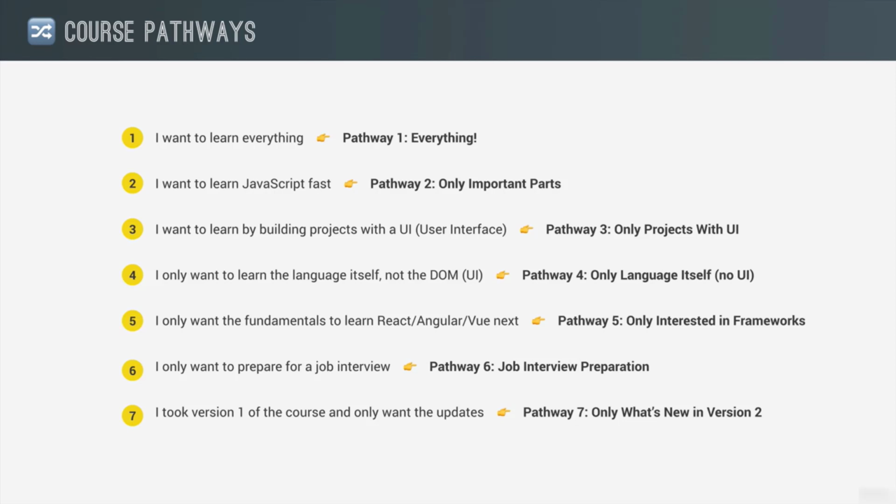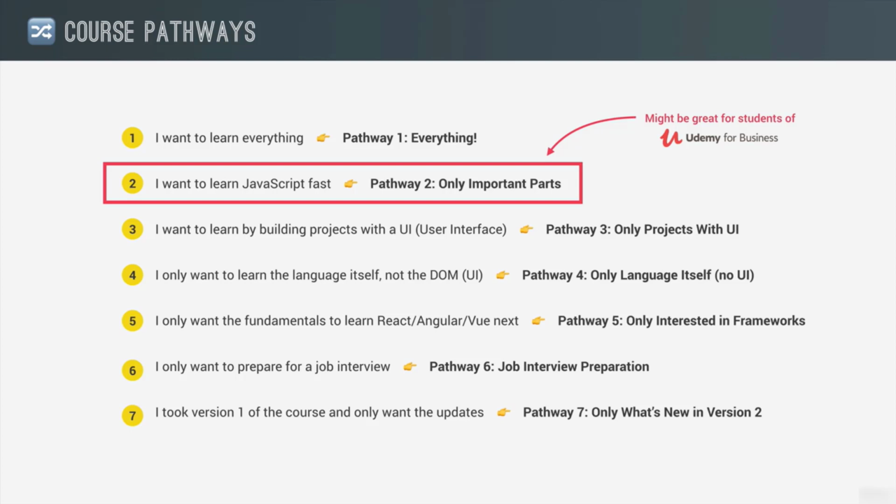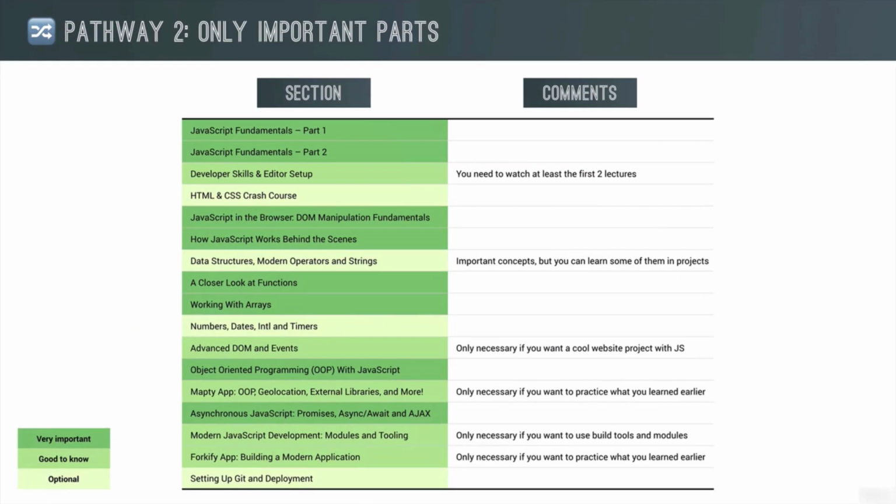But just as an example here, your goal might be to learn only the most important parts of JavaScript. And this might actually be a great goal for Udemy for Business students who are probably watching this course at work. Now, in this case, your pathway through the course is gonna look something like this.